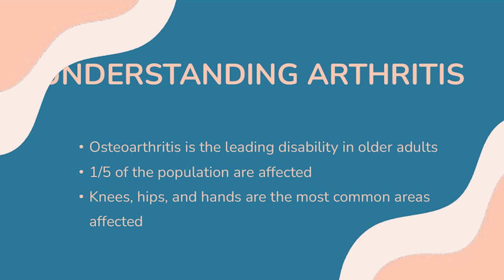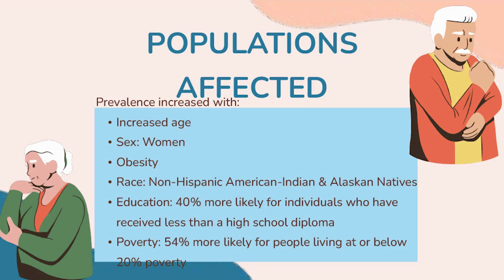All right, so let's see what else I got. It is a leading disability for those of us mature adults. 1 out of 5 are affected in our population. And as I said, knees, hips, hands are the most common. So we look at the populations. Of course, again, we're looking at our maturity. Women more than men,